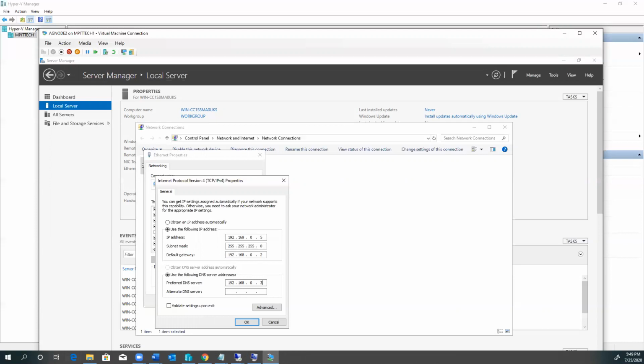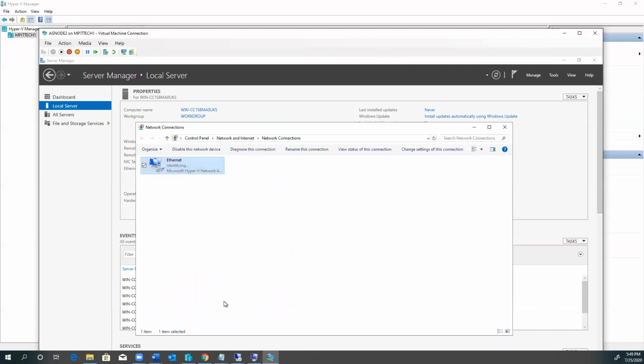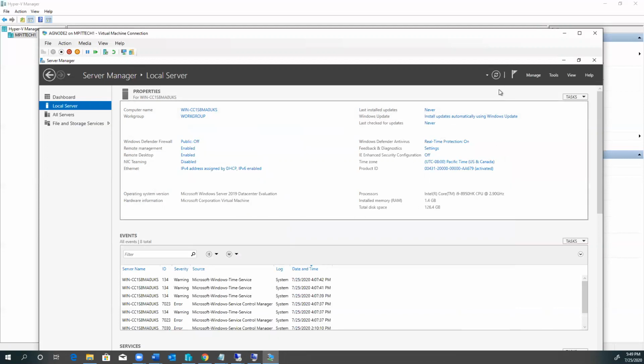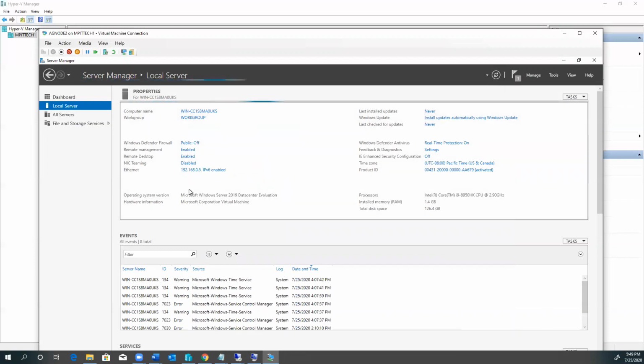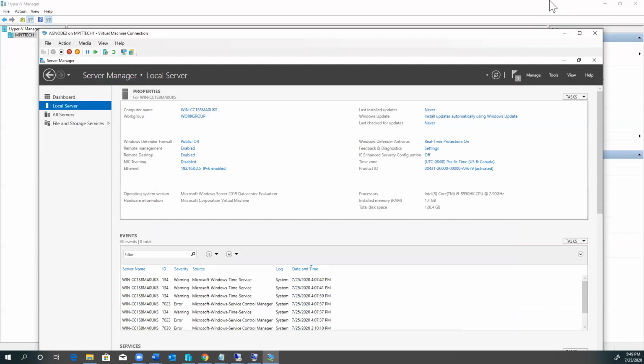Where is my mouse? Come on, man. There you go. X out from there. You can refresh this if you want to see the changes that have been made. All right, I think everything looks good. So we have configured our domain controller. We've configured our node 1 and node 2. What else? So the next step would be